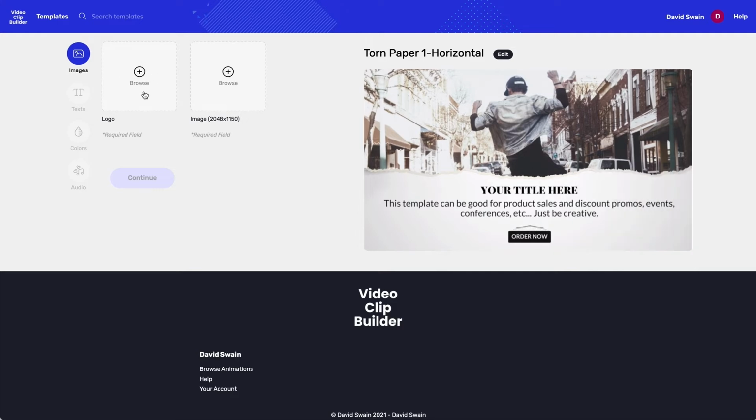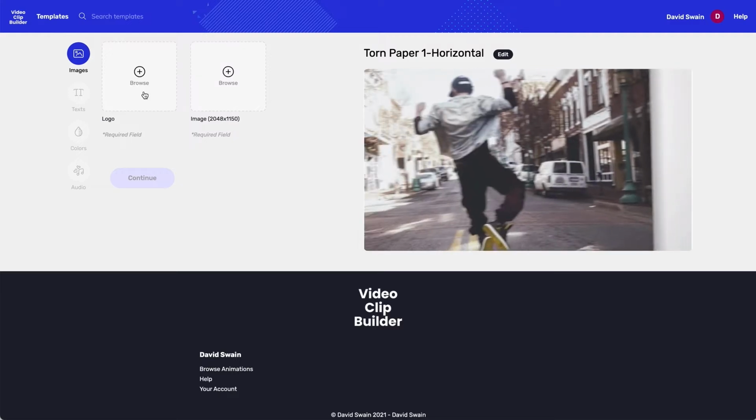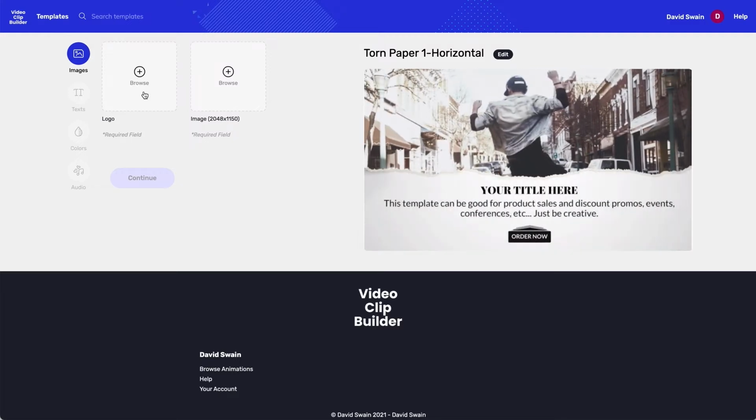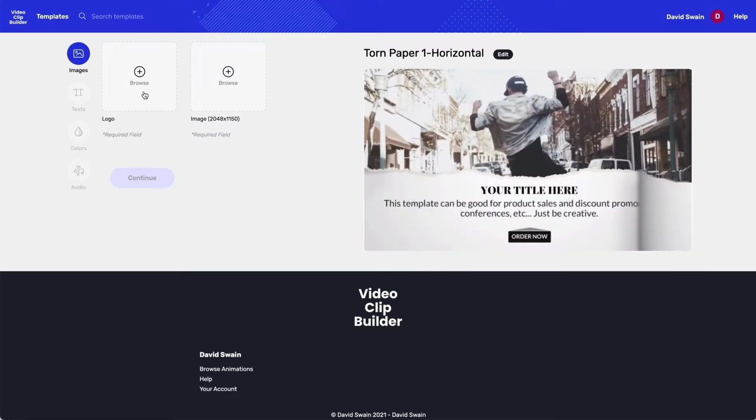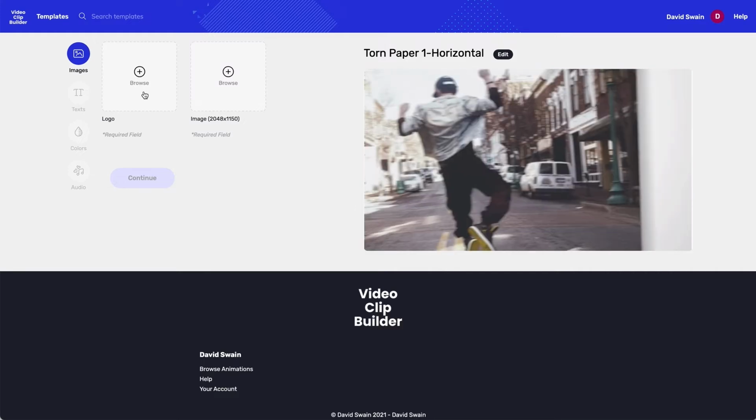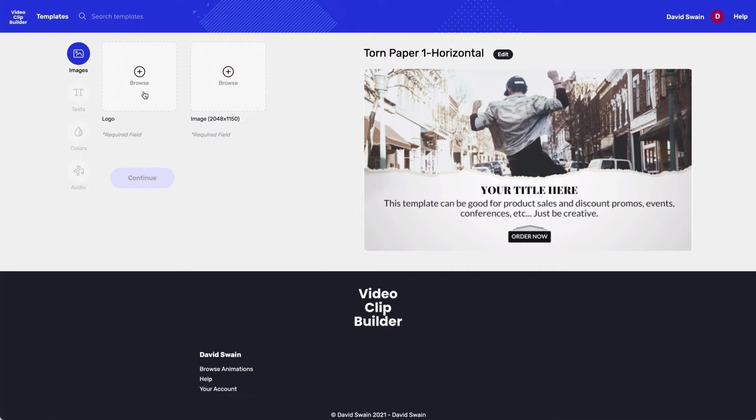A logo is expected to be a square image. It's expected to be basically the icon that's a part of your logo. You may have a logo that's actually much bigger and very wide or very tall because it has other text in it that may stretch it out a little bit. What we're looking for here is essentially an icon of some kind. You can still have text in it, but it still has to fit into that square format. That doesn't mean that it has to be a square, but it has to have roughly the same height as